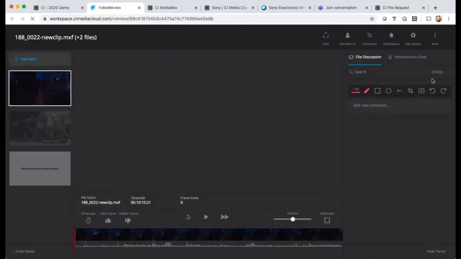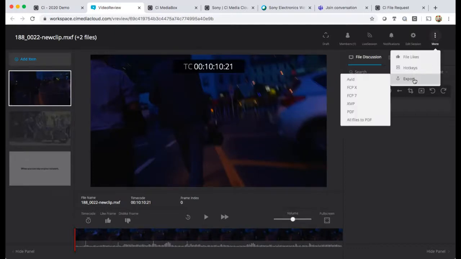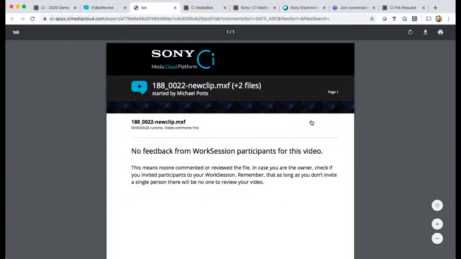Sometimes this happens with the video conferencing software where it kind of conflicts with all of these. There we go. These are actually comment markers. They're exportable out to be able to import into an NLE. They can also be exported as a PDF, and the PDF is going to be branded with your branding like we talked about earlier, but it's also going to have,